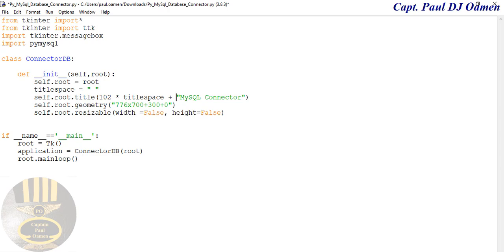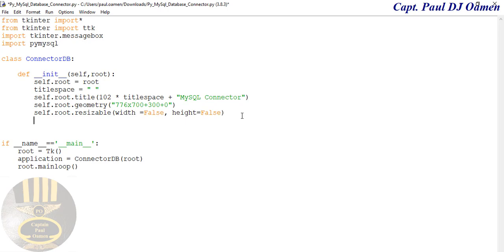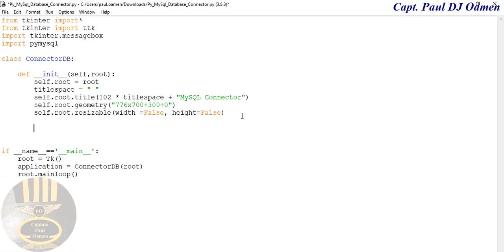Alright, so let's create our main frame. I like my project to be within a frame and well lined up. So the very first frame that I'm going to create, I'm going to call that main frame. The widget you want to use to create the main frame is called Frame, and this main frame is going to be right inside self.root,